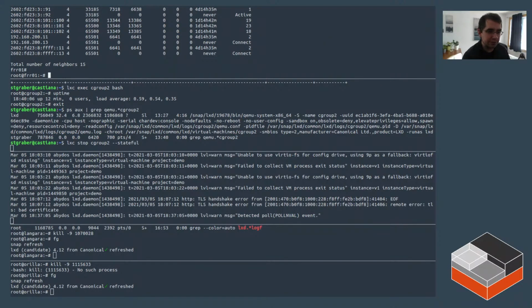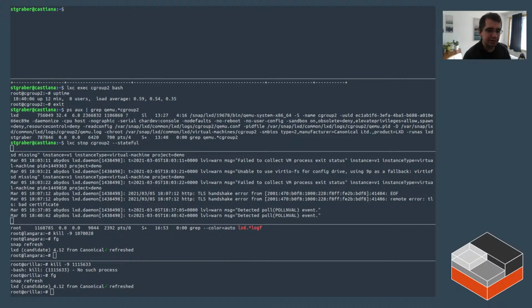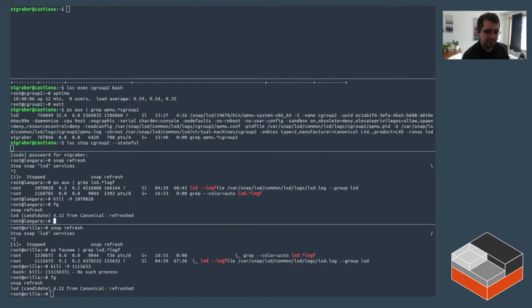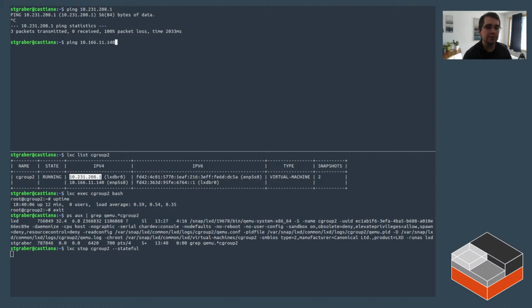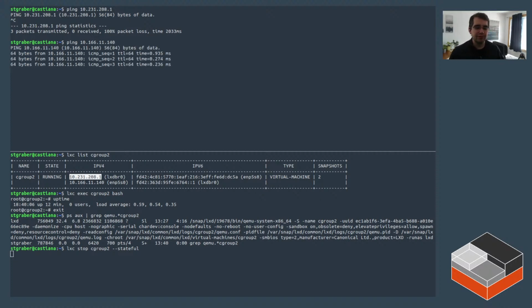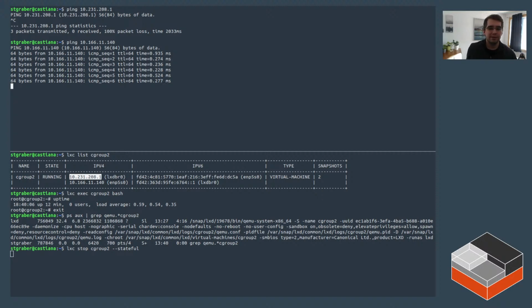I was trying to do that, but I've got a few too many things open here. Let me just close a bunch of those because I don't really need them. There we go. Let's see if it still pings. But I think we probably, wrong IP address. The other one is one I care about, 140. Yeah, so it's still pinging right now, even though it is being stopped. As far as what's running in the VM, until it fully stopped, nothing would have noticed that anything was going on. Where it gets interesting is that now, if I start it back up,